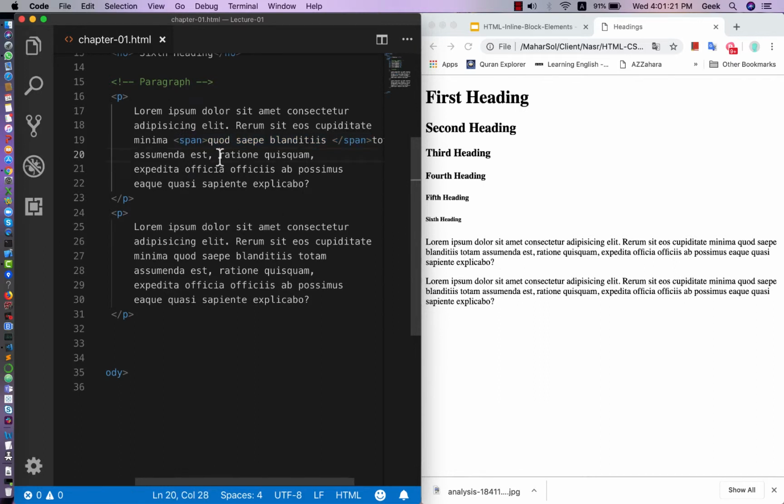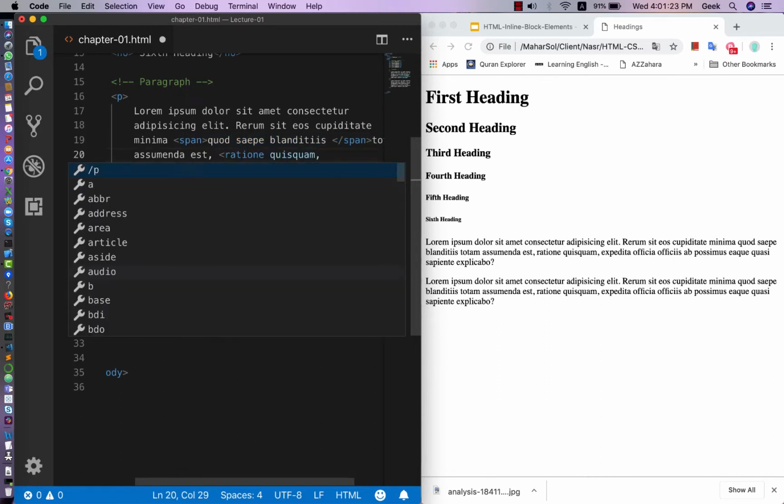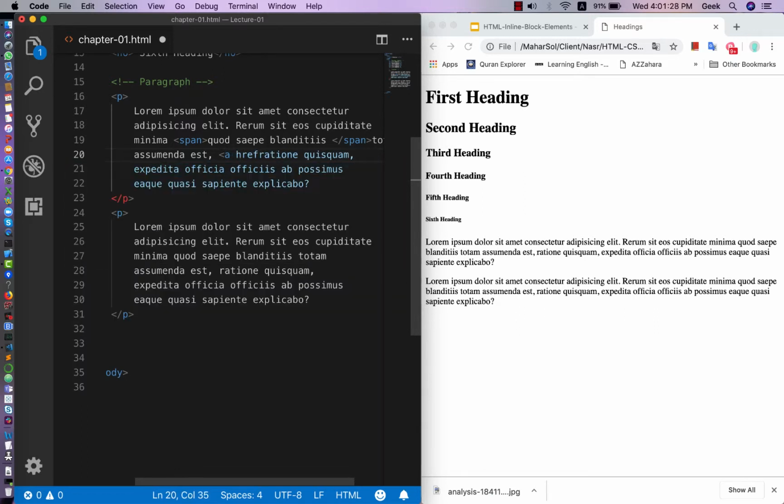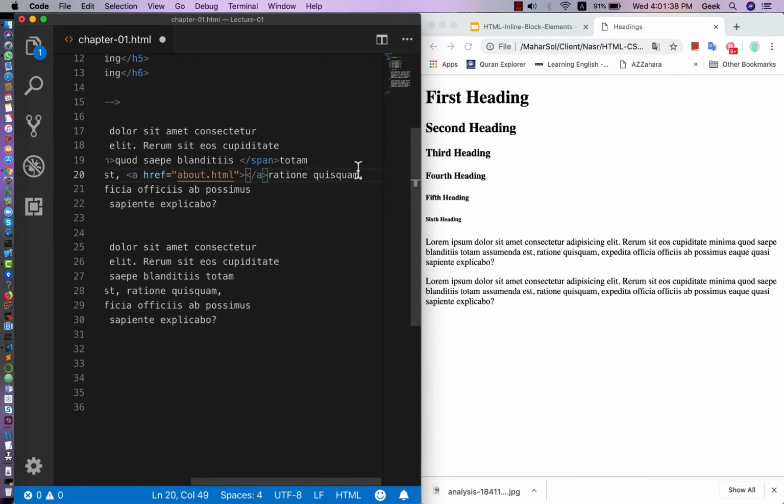I would like to show you here another inline element. Here it is, and if you see here, now this is a